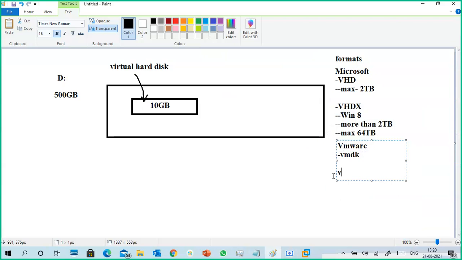For example, you use VirtualBox. VirtualBox supports different types of formats. VDI format, this is a virtual disk format. Other formats like vmdk format, VHD format,